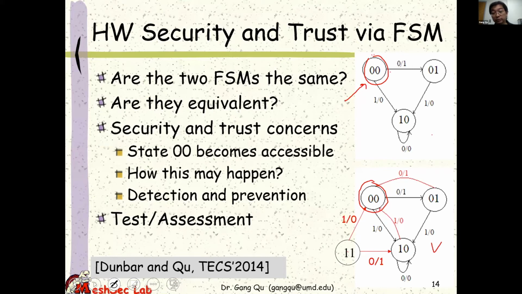So that is not good. And so hopefully, what I'm trying to convince you from this slide is, there are a lot of things you need to test, you need to assess, you need to verify beyond the traditional design objectives when you talk about hardware security and the trust features. In particular, as the ACE project they are going to do is, they are going to embed or implement the existing hardware security algorithms or approaches which we have developed in the past 20 years into the EDA tools.